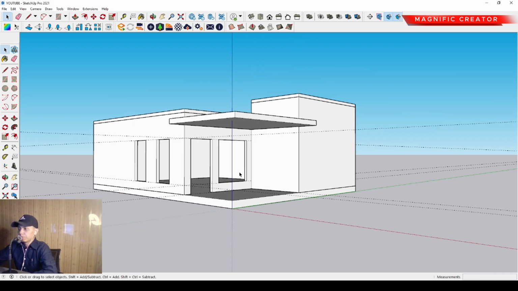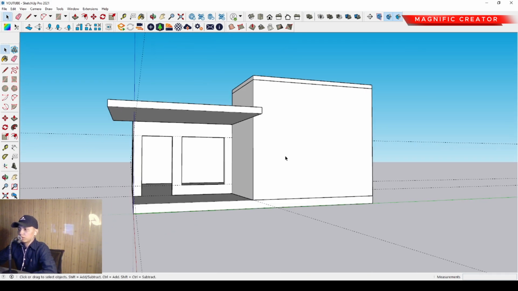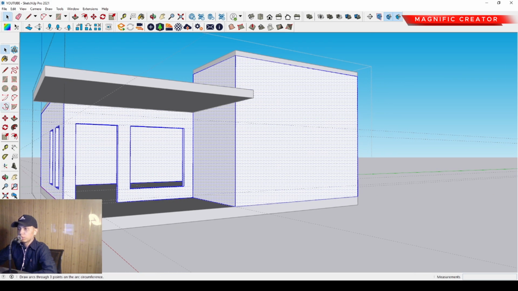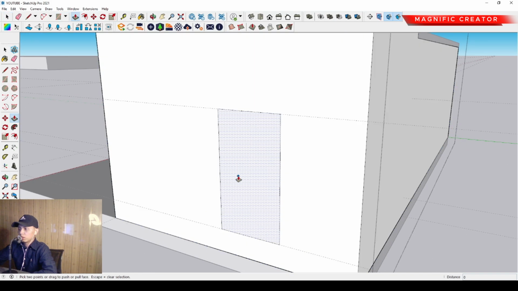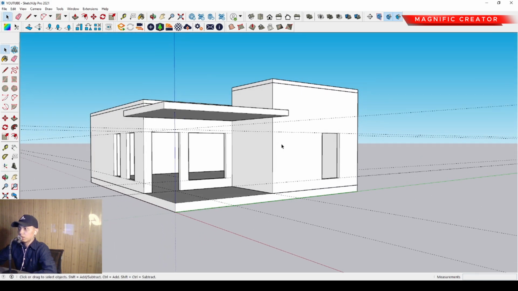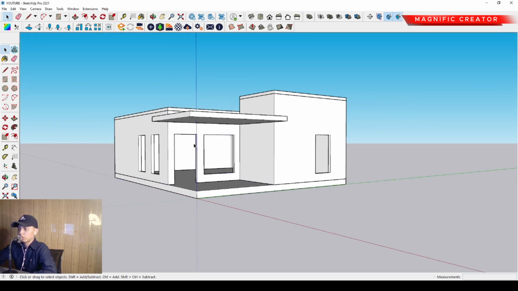Okay, and after that we can also use the tape measure tool, starting from here and on this position. To make the elevation of this window opening, we can start using the rectangle over there. We can use a rectangle in here, and then we can push it to the back, just something like this. Then we can select it all and erase some unnecessary